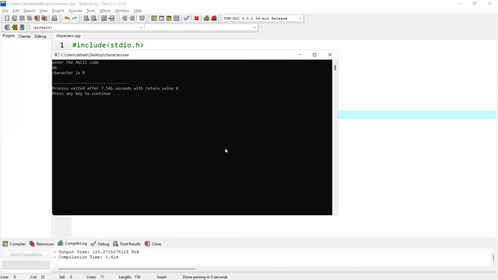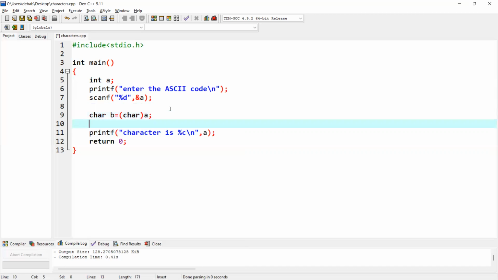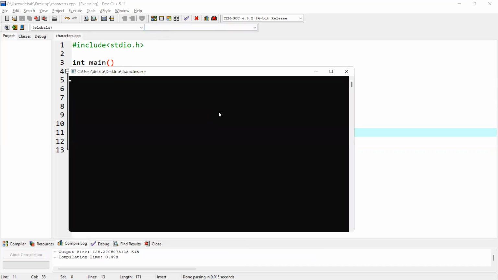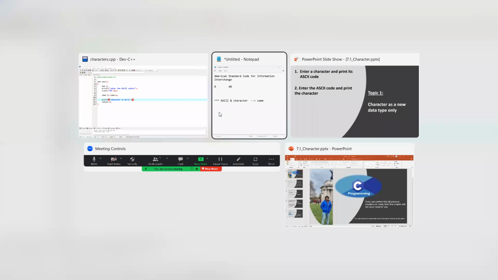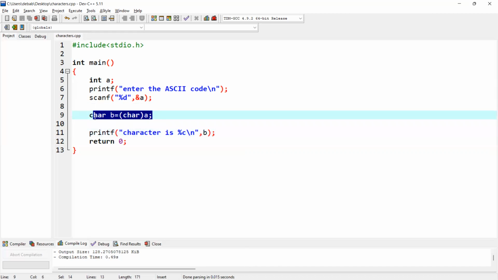You can see what some people do. Some people just write something like char B equals, they try to convert the integer into a character, and after that they print B. That is okay, but I will say it is not needed. If you keep that in your blood, like, okay, if I enter 67, the character is C. So if you keep this line in your blood, that ASCII and the character are the same, it doesn't require any changes. If you write that conversion, you will get a satisfaction like, okay, the integer value, I'm changing that to character. But if you want to become a pro, if you want to really understand the heart of this chapter,